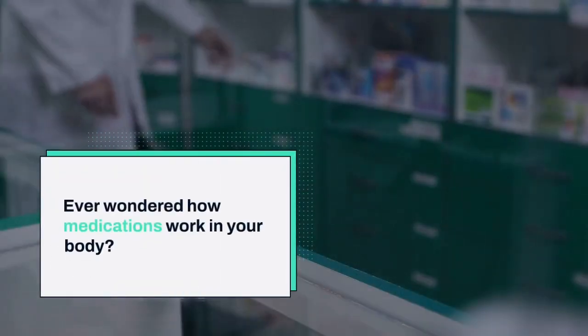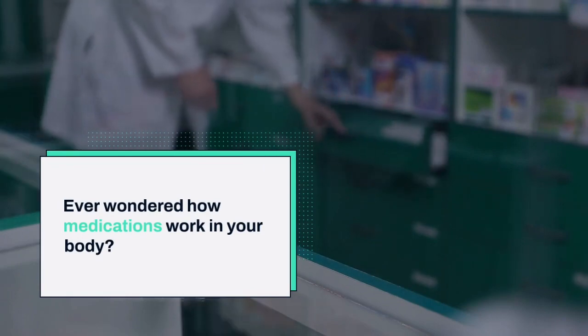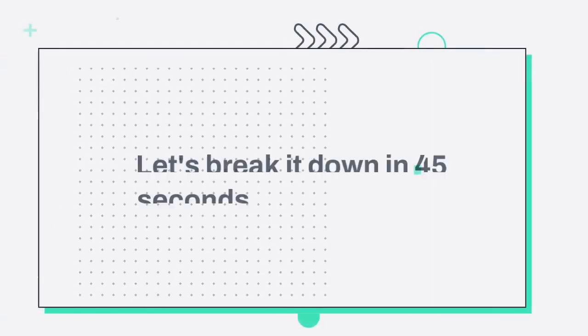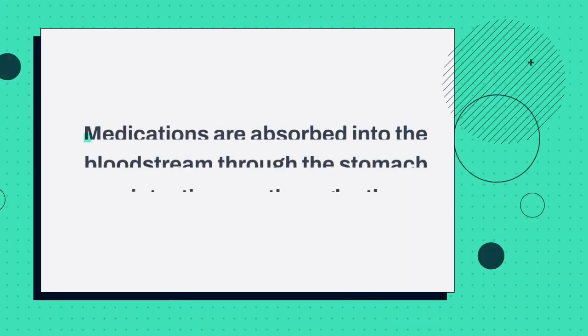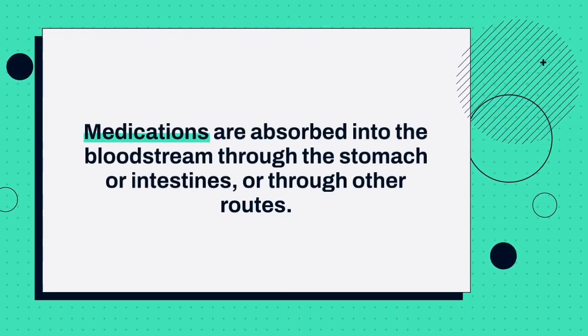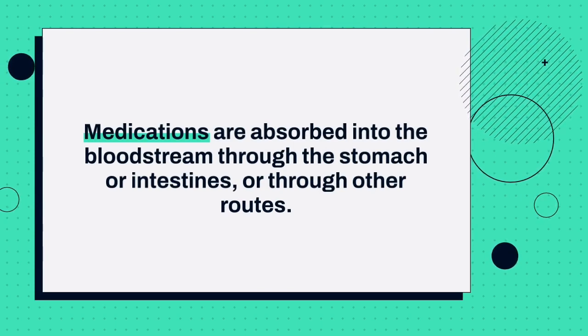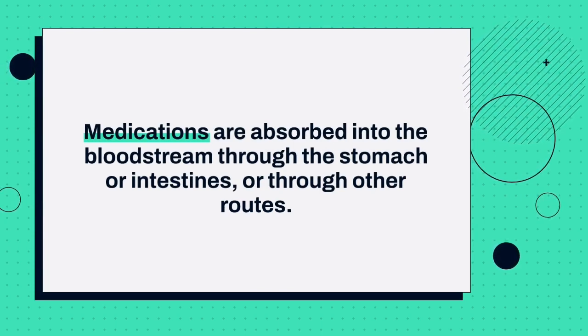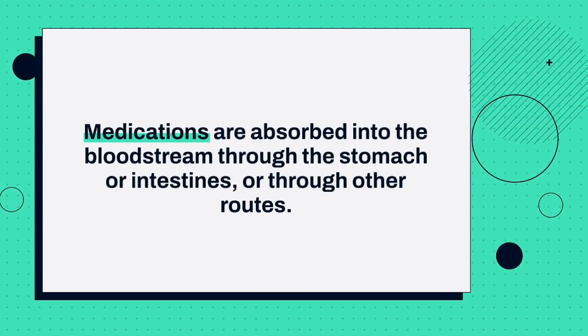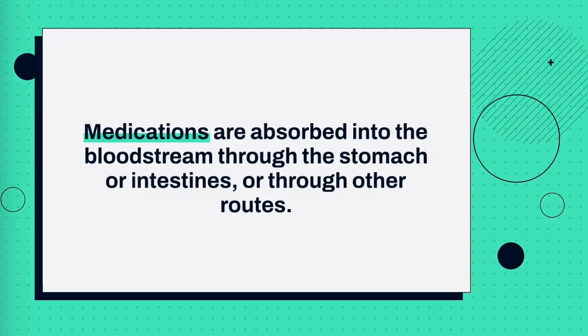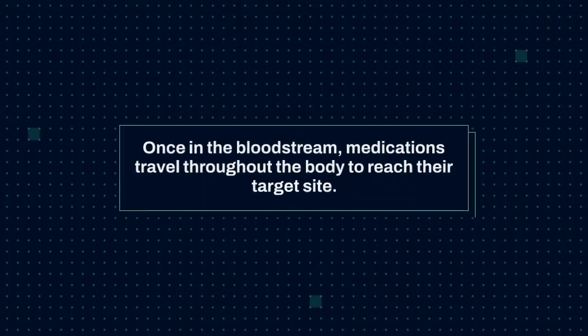The distribution of a drug depends on several factors, including its chemical properties, molecular size, lipid solubility, and the presence of transport proteins. During distribution, the drug may bind to plasma proteins, such as albumin, which can affect its availability for action. Only the unbound or free drug is typically able to exert its pharmacological effect. The degree of protein binding can influence a drug's distribution and elimination from the body. The drug can also pass through various biological barriers, such as the blood-brain barrier, BBB, or placental barrier, which can restrict